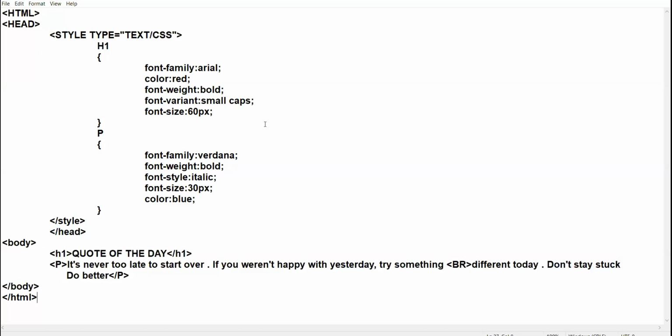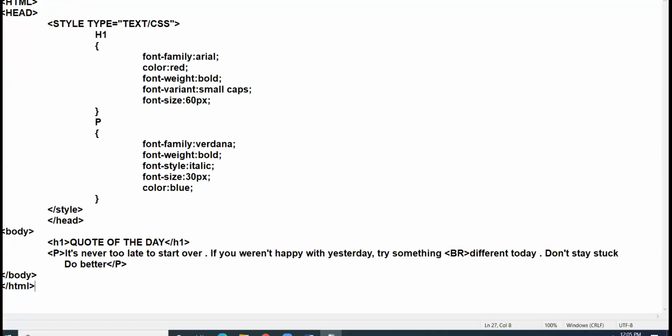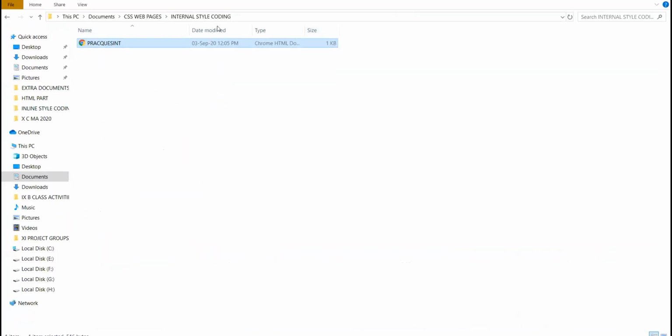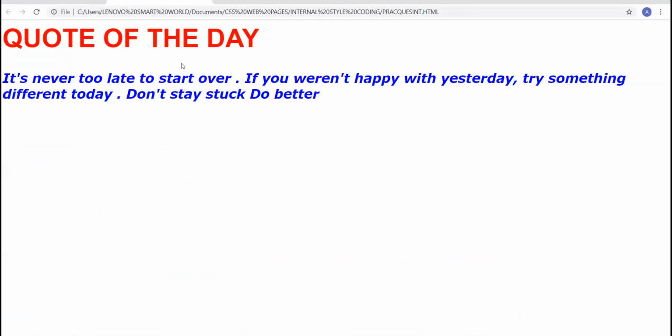This is the coding of internal style sheet. How to do coding of internal style sheet. Now I show you the browser view of this. See here.